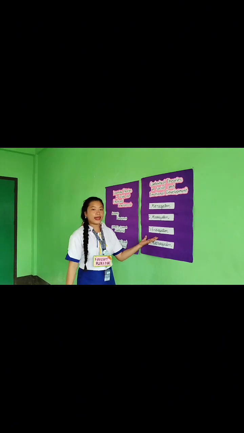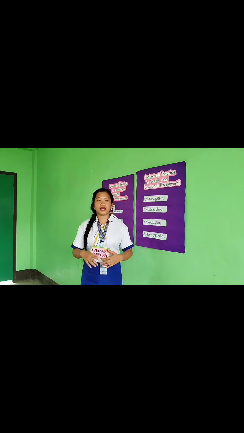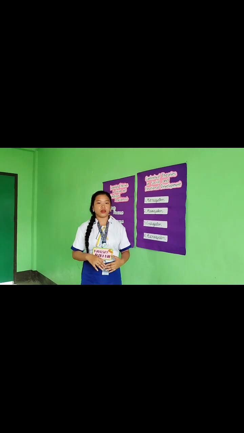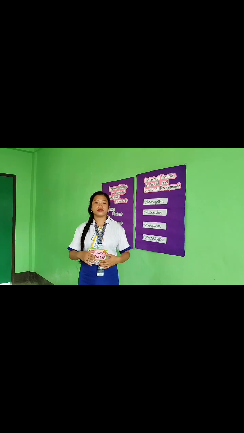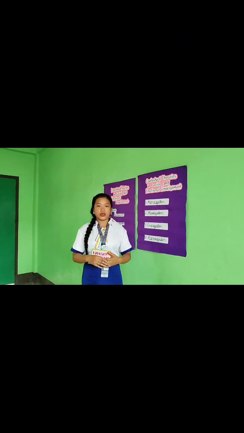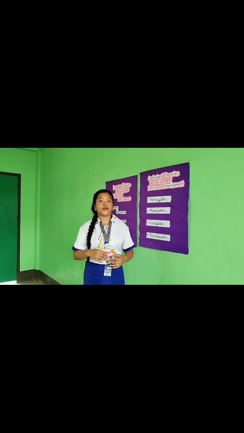So next, the exosystem. This is about places the child does not go to, but that still affect the child's life. For example, if parents work long hours, they may have less time to spend with the child. Or the school board decides that children will study certain subjects in school, even if the child does not know them. So even if the child is not there, these things still make a difference.